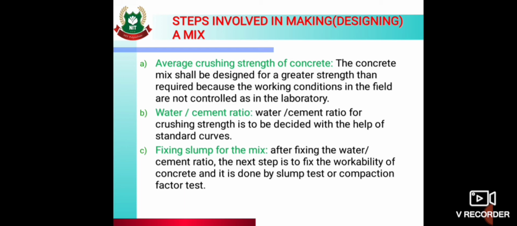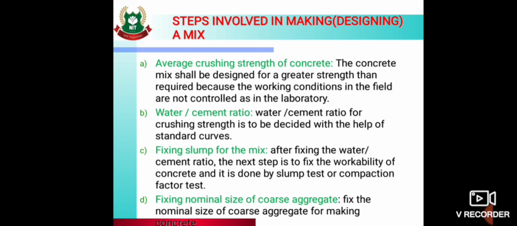Workability will only increase by increasing the water content. So we have to increase water content till the optimum level, not more than the optimum level. Why? Because by increasing water we will reduce the strength of the concrete. So we want workability and strength also, but with an optimum water cement ratio. So we have to fix the slump, means we have to select the value of slump such that our strength is also achieved and workability is also maintained.